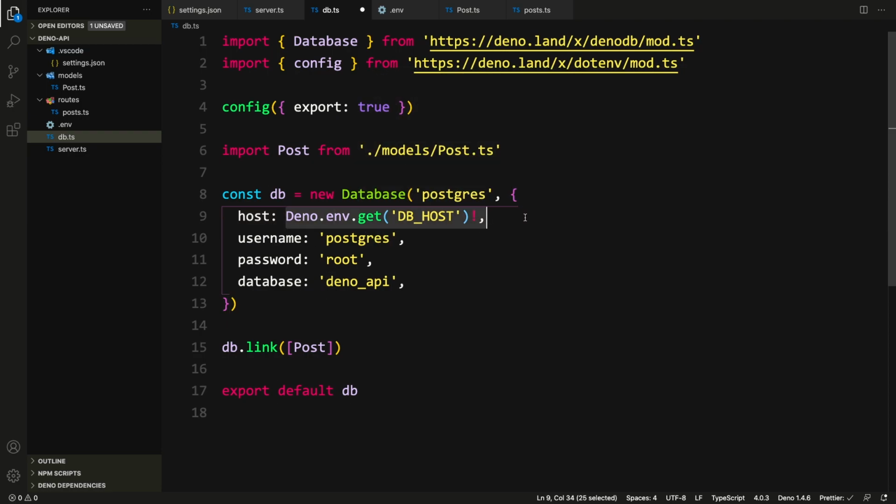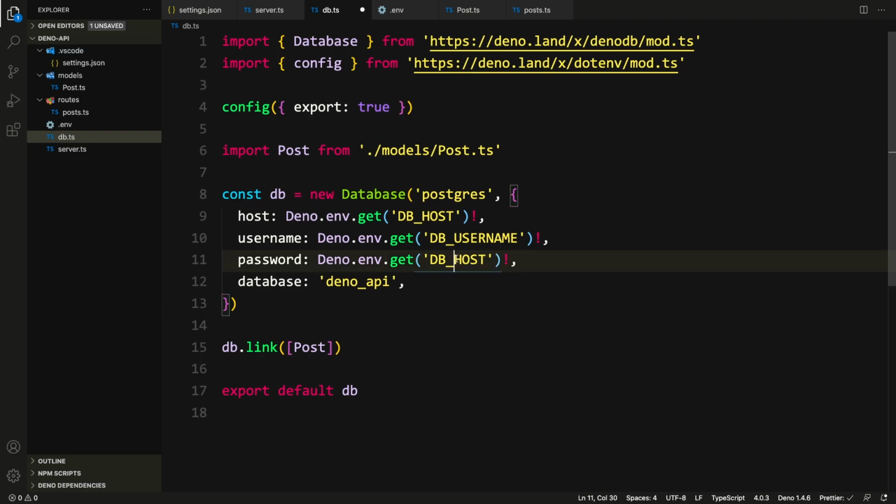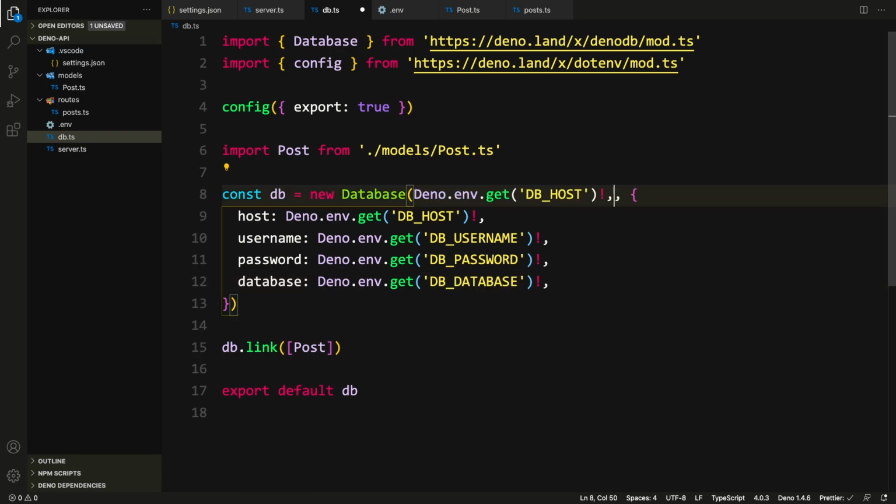So let's copy this and paste it here and change this to DB_USERNAME, paste it here as well, change this to DB_PASSWORD, and here in the database, remove that and change this to DB_DATABASE. Here as well actually, and this will be DB_DIALECT,